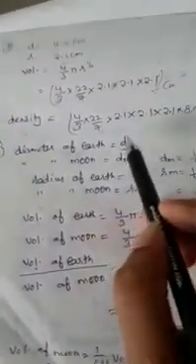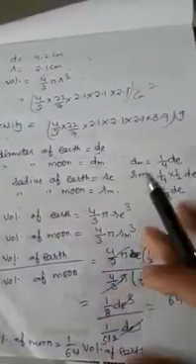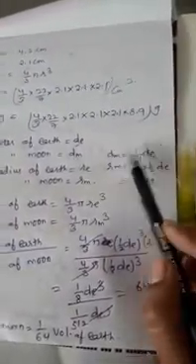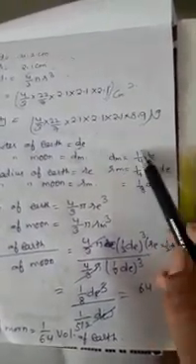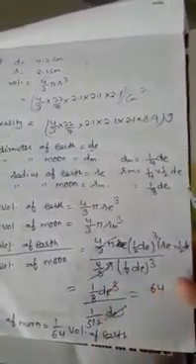Now the next question. A similar question we have done in the previous exercise, where diameter of moon is approximately 1/4 of the diameter of the earth, and we have to find the fraction of the volume of earth to the volume of moon. So let us see. Let diameter of earth be DE and diameter of moon DM, radius of earth RE and radius of moon RM. It is given that diameter of moon is 1/4 of diameter of earth. So radius of moon will be half of this, that is 1/8 diameter of earth, and radius of earth is 1/2 diameter of earth.